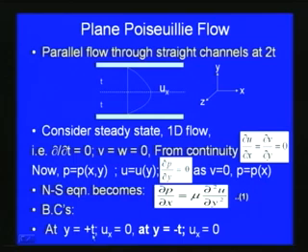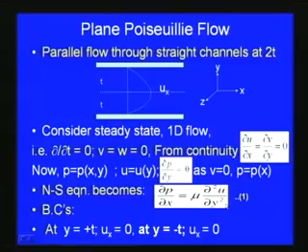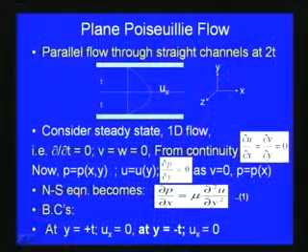So, the boundary conditions are at y is equal to plus t, ux is equal to 0, and at y is equal to minus t, ux is equal to 0. Now we got the equations here, and our aim is to get an expression for the velocity variation. The equation which we got is mu del square U by del y square is equal to del P by del x. This is a second order differential equation. To find the velocity, we can integrate this equation twice, and then apply the boundary conditions.